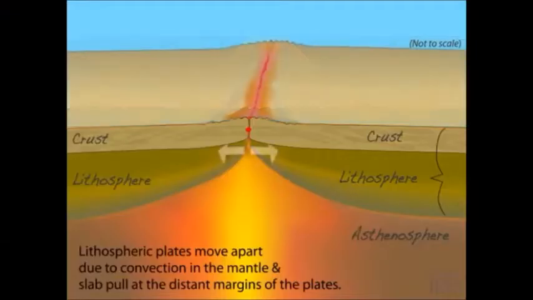At the constructive plate boundary, plates are simply moving apart from each other. When this happens in the ocean, they obviously leave a gap between them. So magma will rise from the mantle to the ocean floor to replace the gap, and it will solidify and a new landform will be created there.